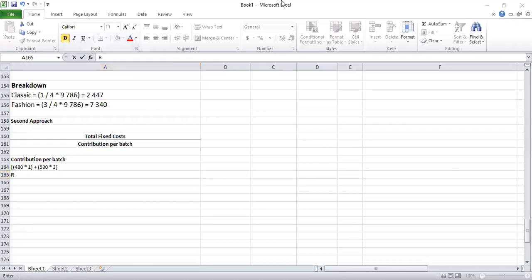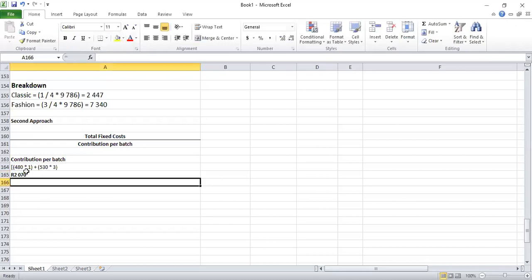480 times 1 plus 530 times 3 gives 2070. Oh, this one was calculating them separately. Okay, so then you wanted to add them. That's fine. So then our break even